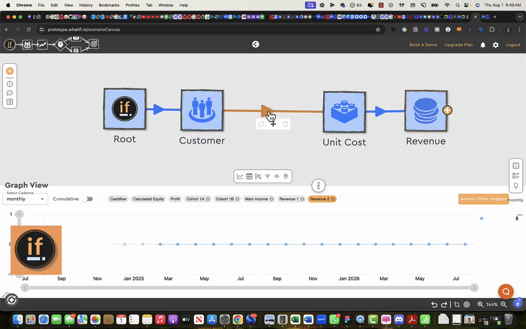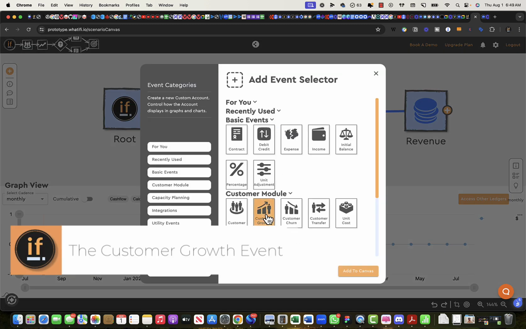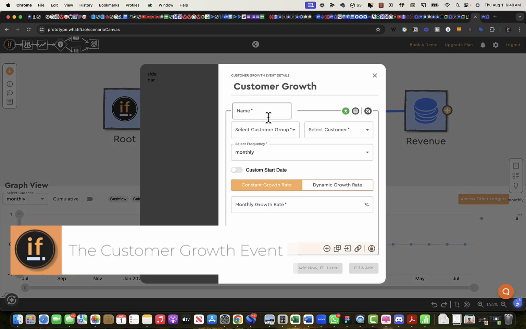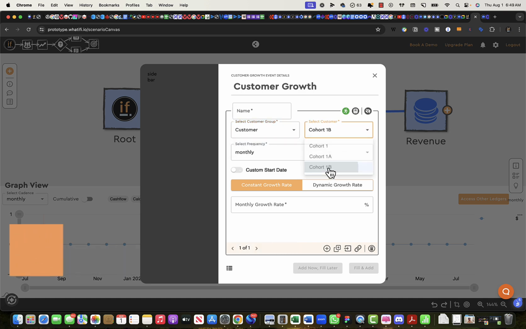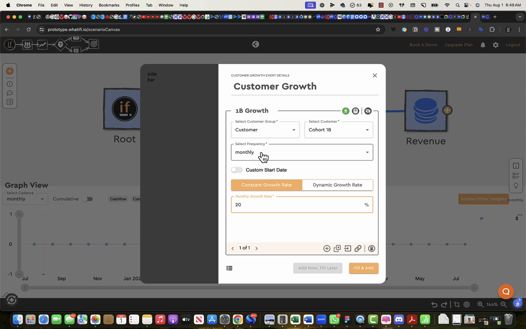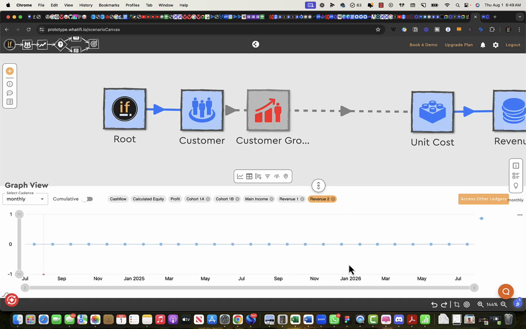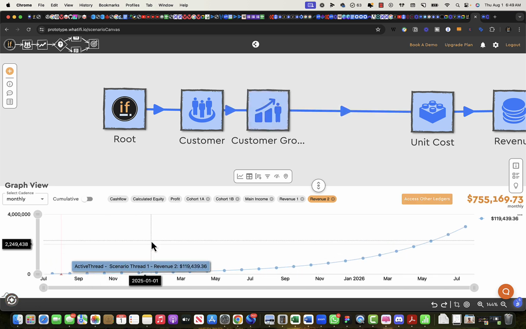A growth event allows us to pick a customer group. So let's pick that 1B as a starter, right? We're going to call this 1B growth. And I'm going to say that we are going to have a 20% monthly growth on this particular cohort. So if I now add this into my model, right, and let this calculate,